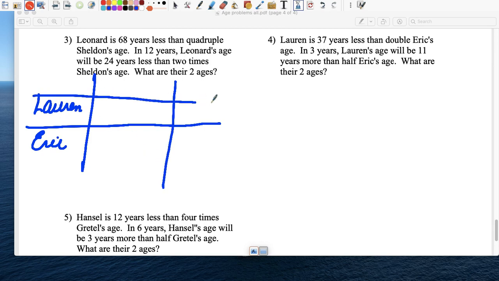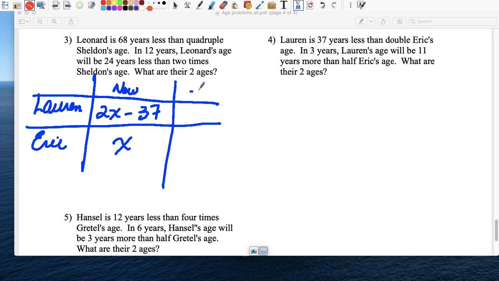Right now, Lauren is 37 years less than double Eric's age. Do we know anything about Eric? No, let's call him x. So this is a turnaround word, less than, so 37 goes in the back. And then we're going to do 2x in the front. So this is now